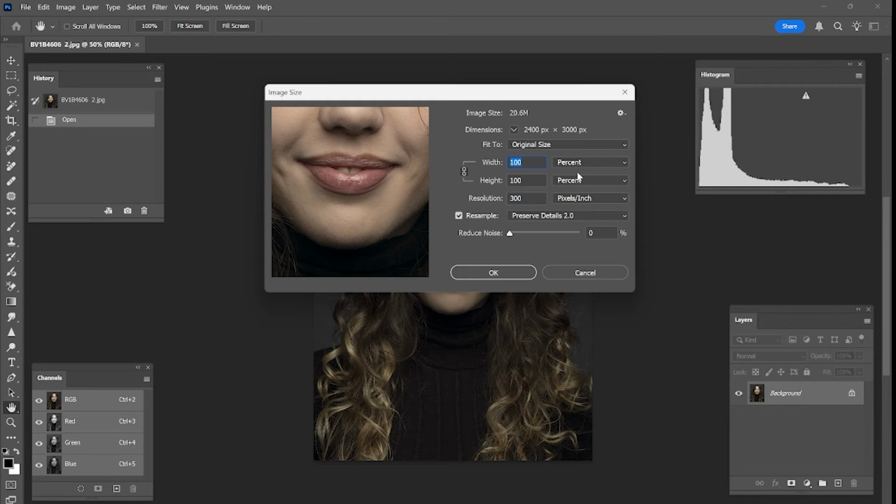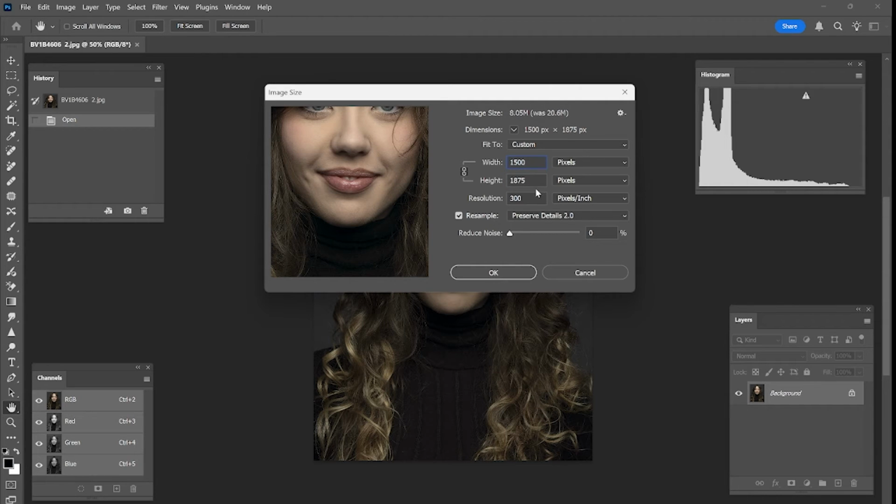It's pretty simple. Instead of percentage, we're going to go into pixels. You can see the pixel size. Some computers now have 4K resolution, very few do. Most people are still using their phones at 1080p, so I've found that a width of around 1,500 pixels is plenty for people to view on their devices, and it also means it will load quicker. So we've changed it, look, from 20 meg down to 8.5 meg. Click OK,